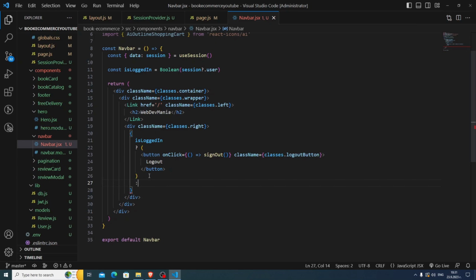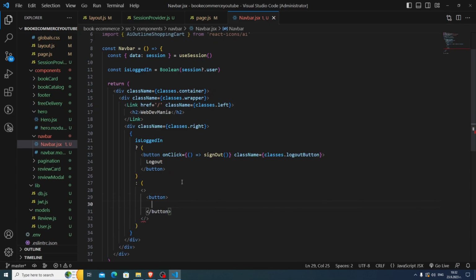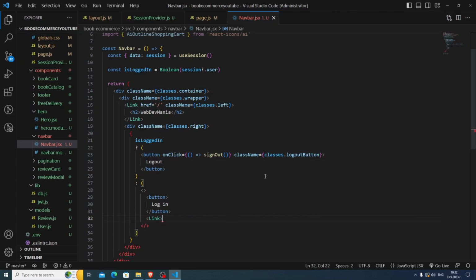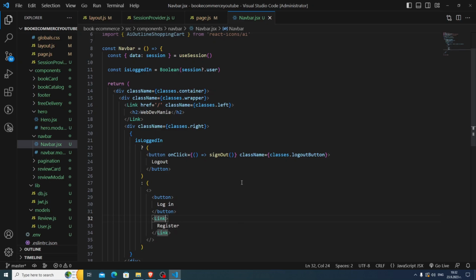Then I want to have here the else condition from the ternary operator, and here again parentheses, React fragment, and here we're going to have the login and register, and we're going to test them afterwards because we have written the logic. So here button login, and then we're going to have a link which is going to be for the register, like this register, and here link href register, and here class name is going to be classes.register, and then on